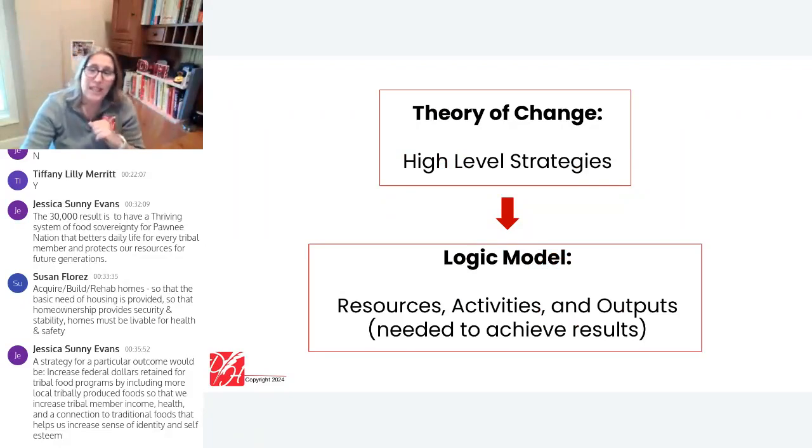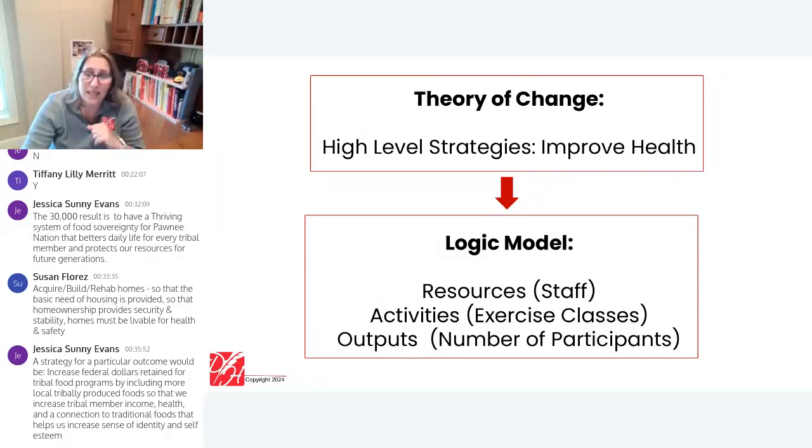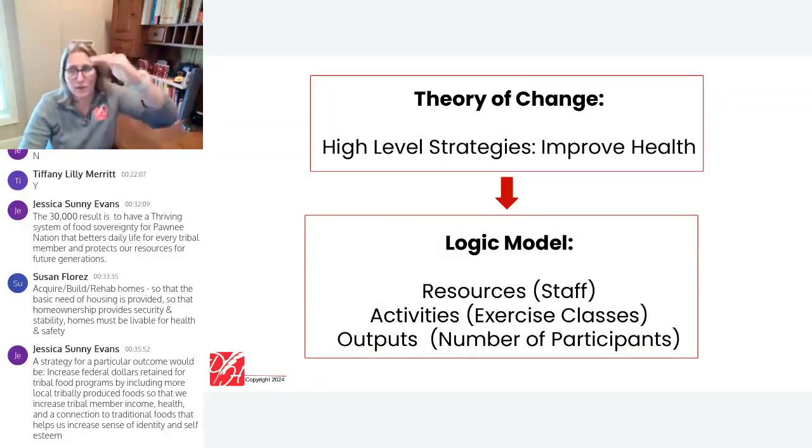There is a bit of debate in my sector. So I was able to say the high-level strategy in my example was we were going to focus on improving health. And we did that through 3 different strategies. And in a minute, we're going to start to build our logic model, and I'll show you what that looks like as I carry my example through. I came from my 30,000-foot overview. I could start to flesh out things at the 10,000-foot overview.